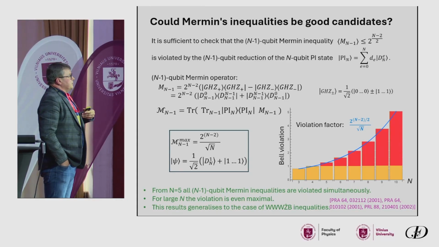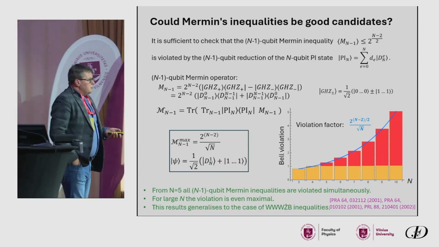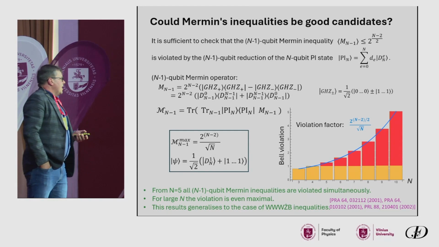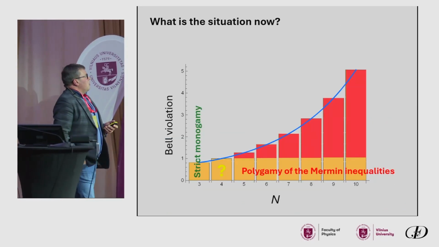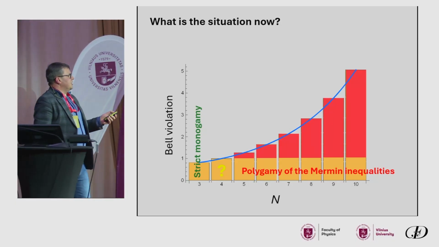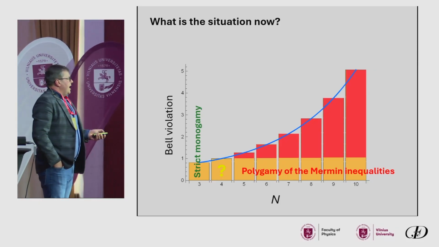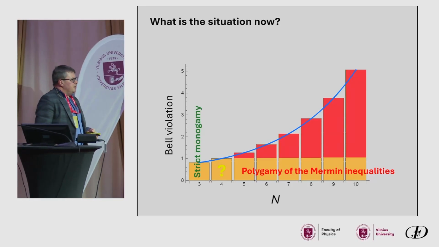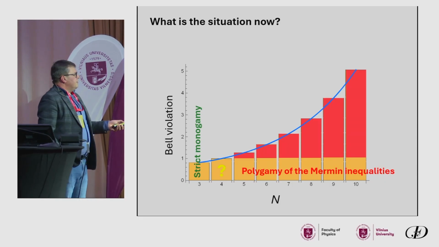What is more important, the violation grows exponentially with the number of qubits, and it is even maximal in the limit. Okay, what is the situation now? For 3 qubits, we have strict and strong monogamy. From n equal to 5, the polygamy can be revealed by the Mermin inequalities, but what with n equal to